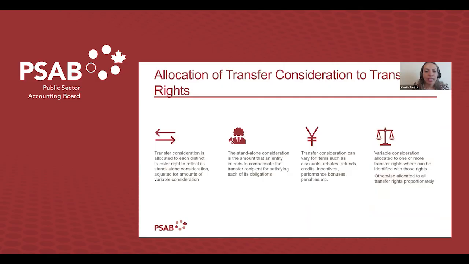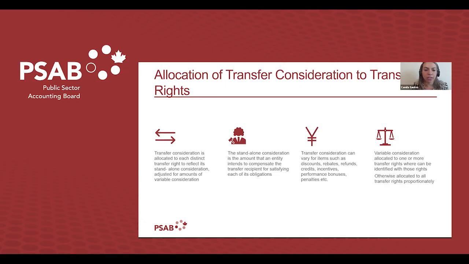When a binding arrangement involves multiple distinct transfer rights, the transfer consideration needs to be allocated to each distinct transfer right. This determines the amount that the entity will recognize as a transfer expense for each transfer right. The transfer consideration is allocated to each distinct transfer right to reflect its standalone consideration. IPSAS 48 defines the standalone consideration as the amount that an entity intends to compensate the transfer recipient for satisfying